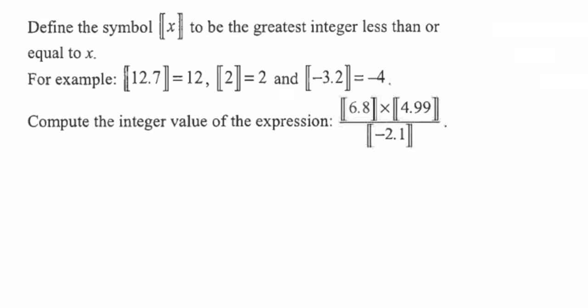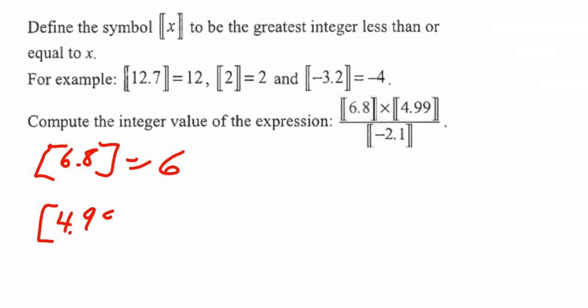So this one here actually seems really confusing, but if you look at what it's telling you this symbol is, it's actually pretty simple. What the symbol is asking you to do is to essentially round down to the biggest integer that's less than the one in the bracket. So for bracket 6.8, the biggest integer that is less than that number would be 6. For bracket 4.99, I guess I should use double bracket, the biggest integer that is less than that number would